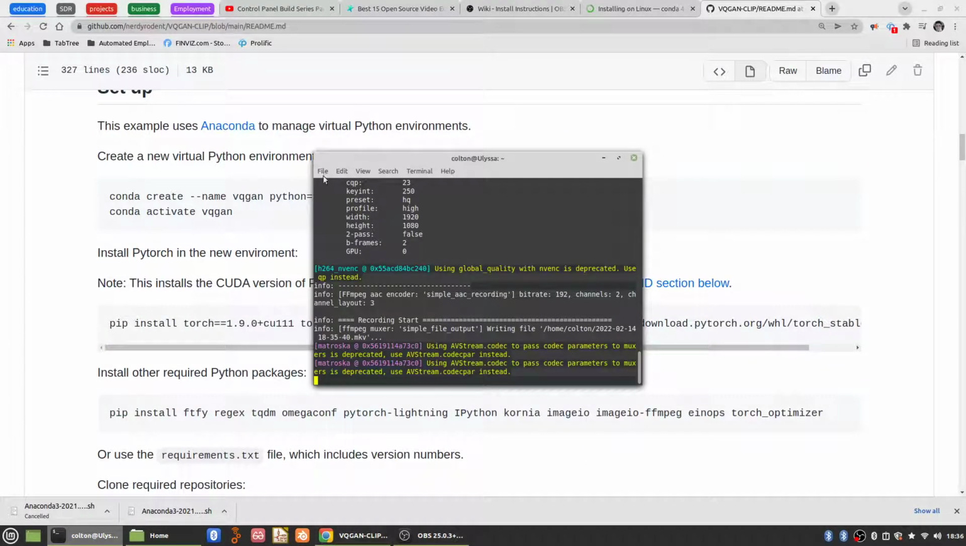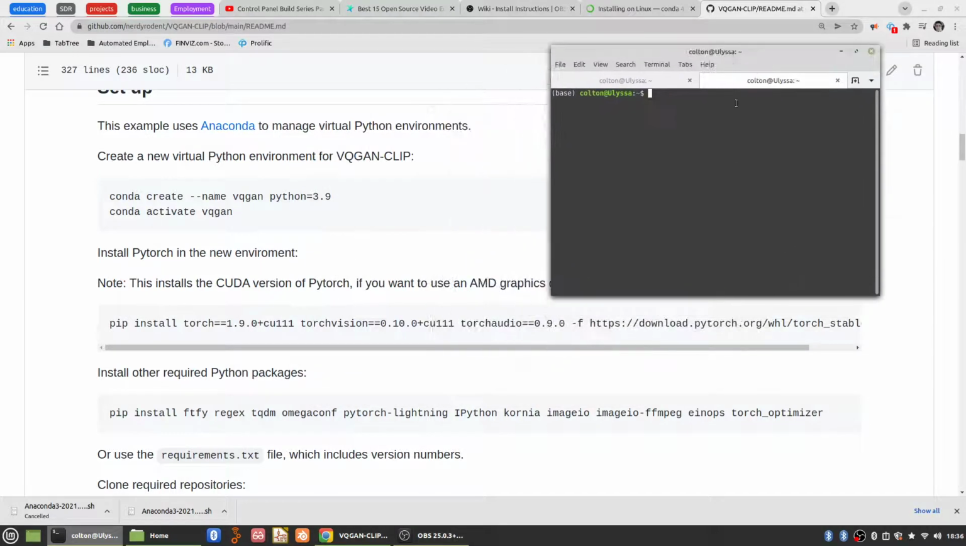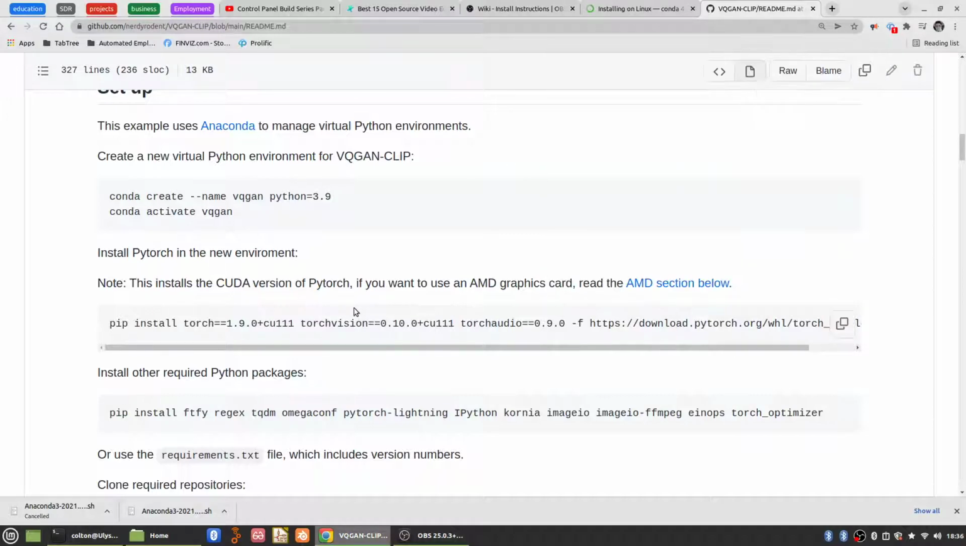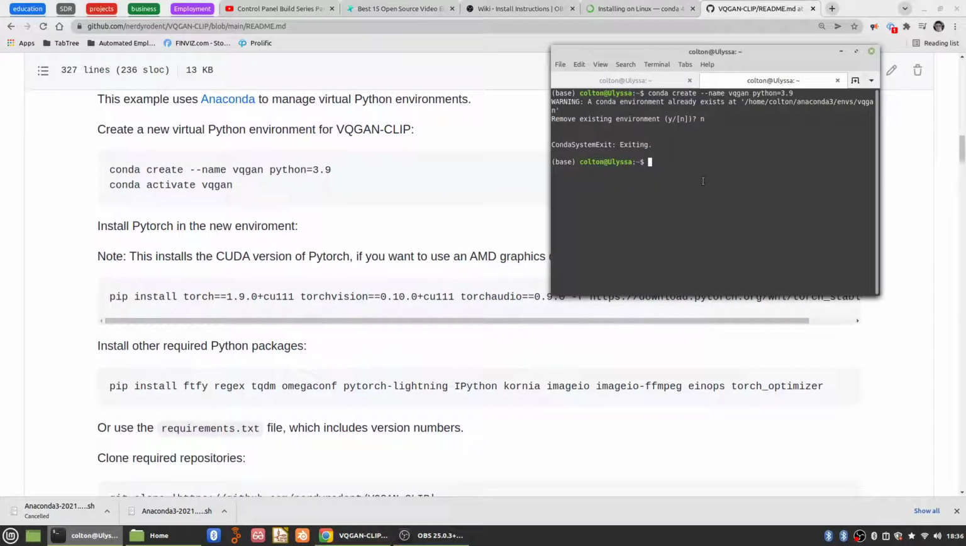So once again, I'm going to open my terminal here. And since I have run the Anaconda installer, I have access to that package. I can now go conda create, name VQGAN, Python, and use the latest version, which I believe is still 3.9. I have an existing directory, so I'm not going to go forward with that, but it'll install automatically once you do. Next thing you need to do is activate that environment. So I type conda activate VQGAN,